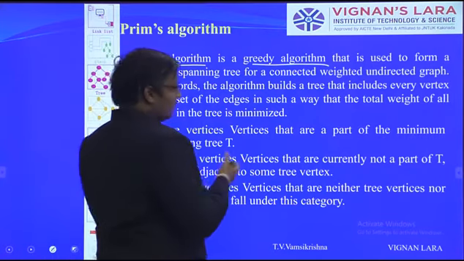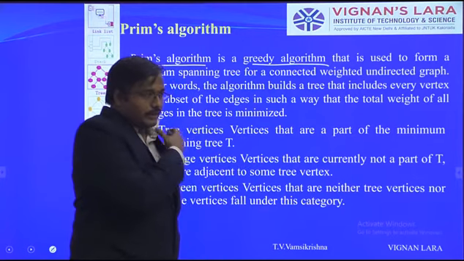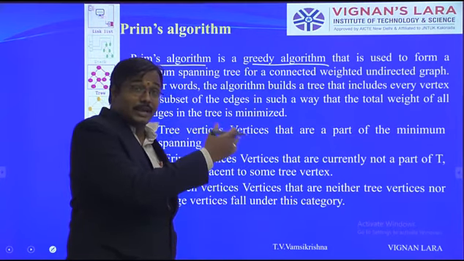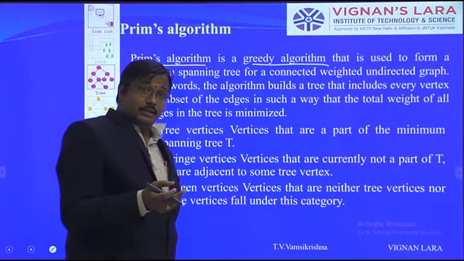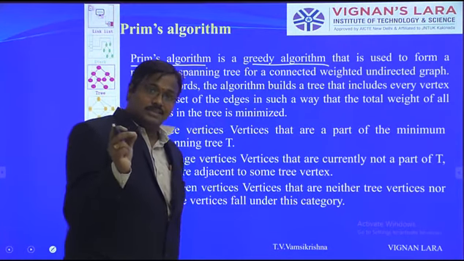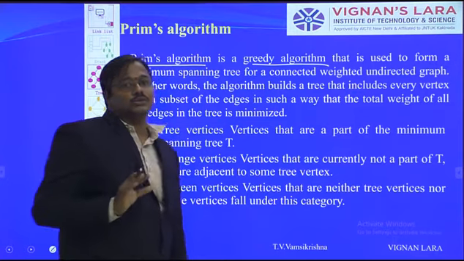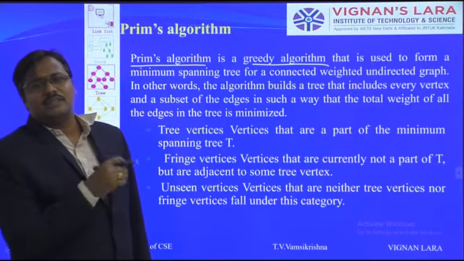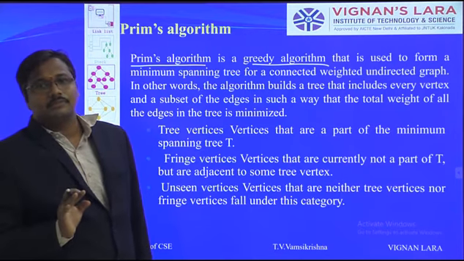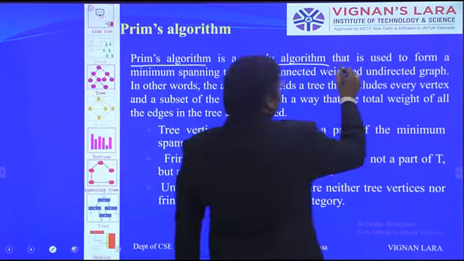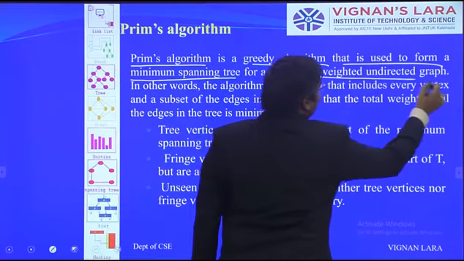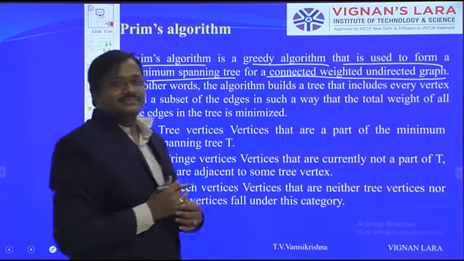So here also we are forming. In the previous one also, we calculated the distance for each and every spanning tree, thereby getting only one minimum distance. That is the objective solution, that is the optimal solution. The remaining ones are all feasible solutions. Okay, so that is used to form a minimal spanning tree for a connected, weighted, undirected graph.